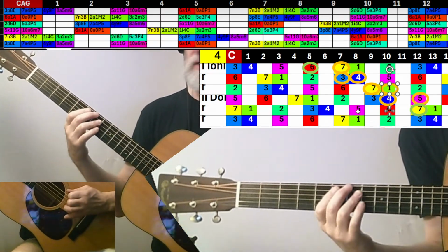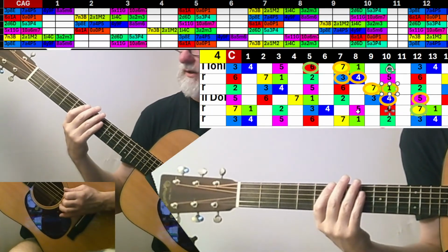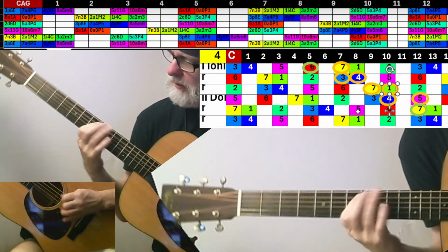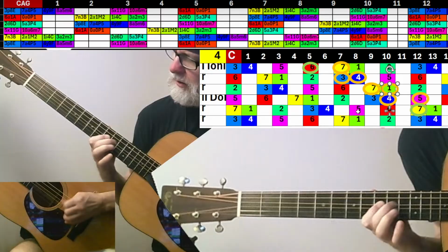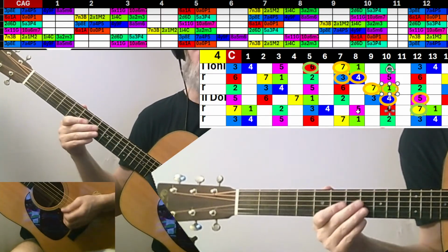Otherwise, I have to pick my fingers up, which is kind of a cool sound either. Makes it sound more chunky.